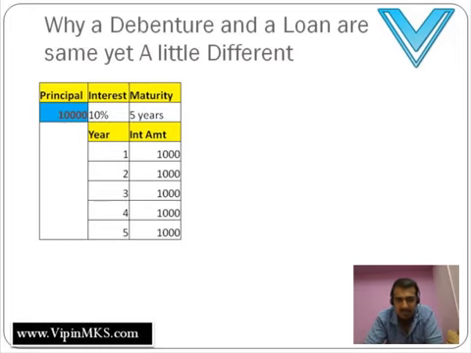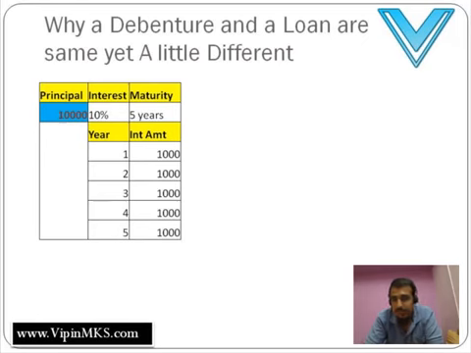Now let me explain this in the form of a loan first. If I've taken a loan of 10,000, the principal, I might have a rate of interest of 10%. I'm being very optimistic here. And I have to repay the loan in 5 years. So every month I would repay my loan in equated monthly installments. When the EMI is calculated, it is calculated by considering both the principal and the interest payment. So I would arrive at a particular value, saying that this is the amount of money I add to my principal and this is the amount of money I add to my interest payment.